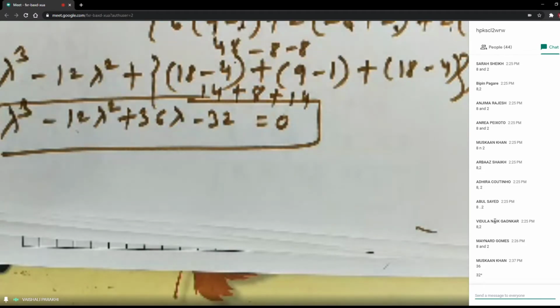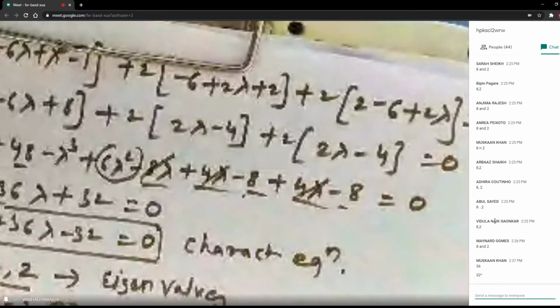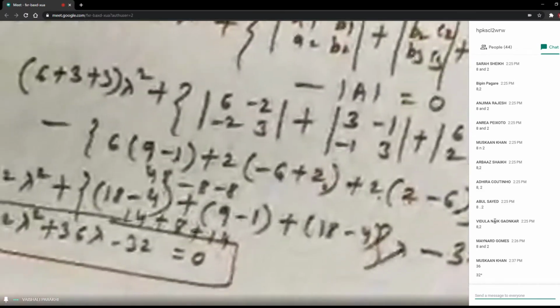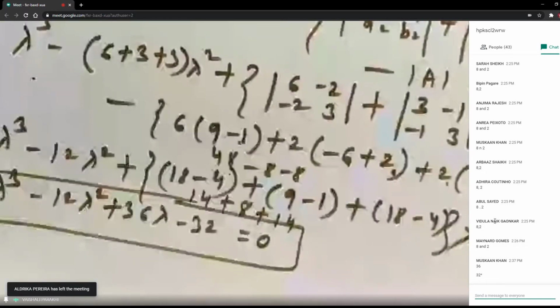So it is the same equation which you got in the previous step. So whichever method you are comfortable with, you can use. But according to me, this method can be used so that there will be fewer errors. Because if you observe the previous method which we have done, there are so many brackets and opening the brackets, right? You may tend to make some sign mistakes, that's why. Okay? And the roots of this will come the same on the calculator, 8, 2. Those are the eigen values.